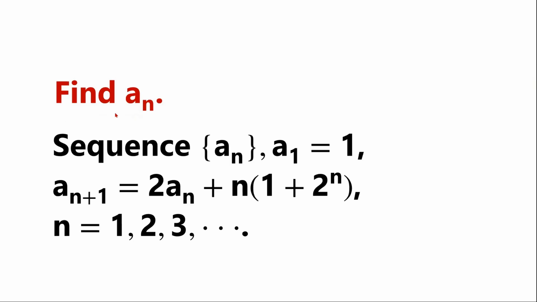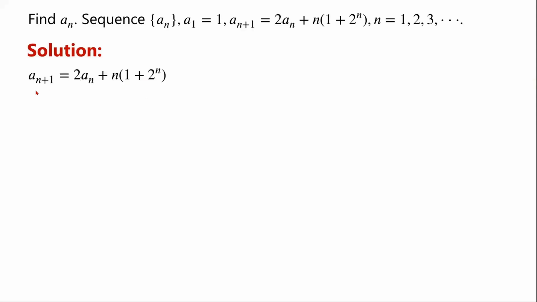Find the general term an, given that a1 equals 1, a(n+1) equals 2an plus n times (1 plus 2 to the power of n), for n equals 1, 2, 3, and so on. From here, we can see the relationship between a(n+1) and an, but we want to find the general